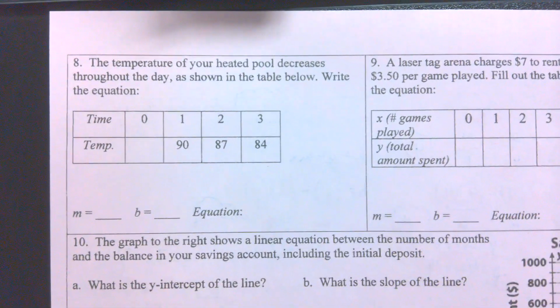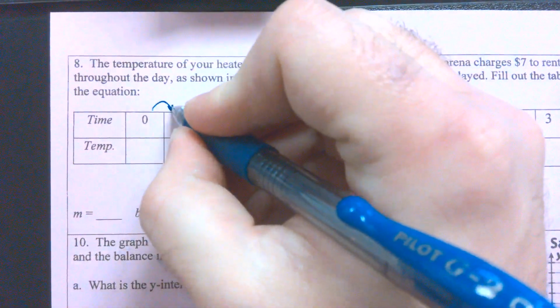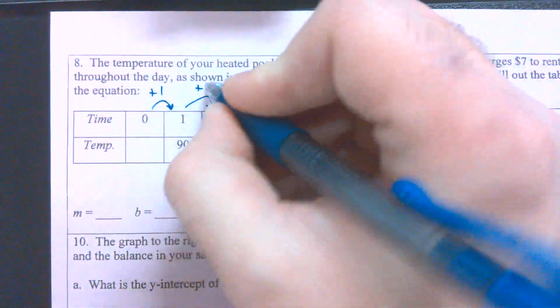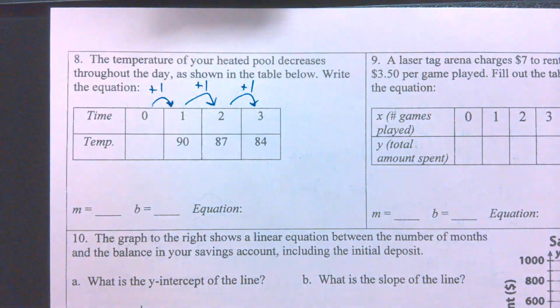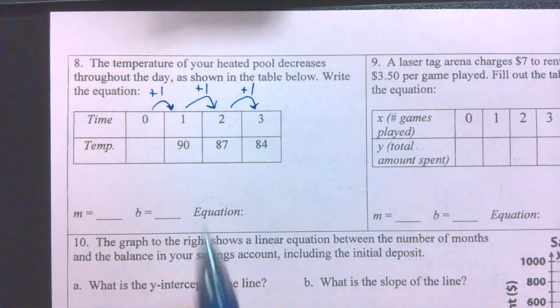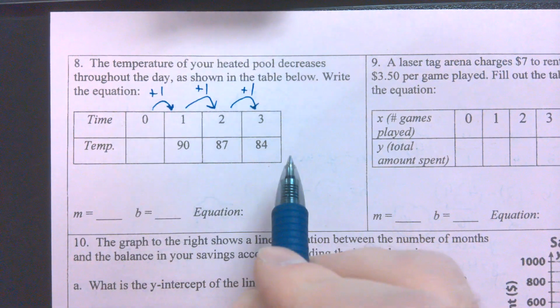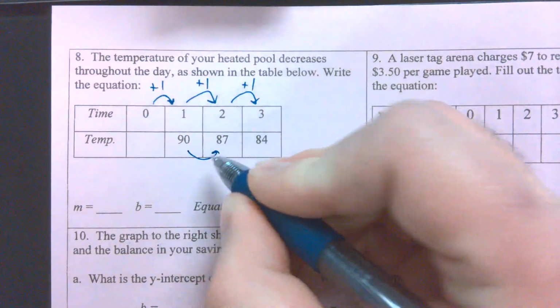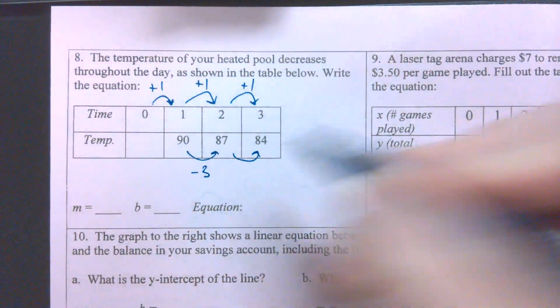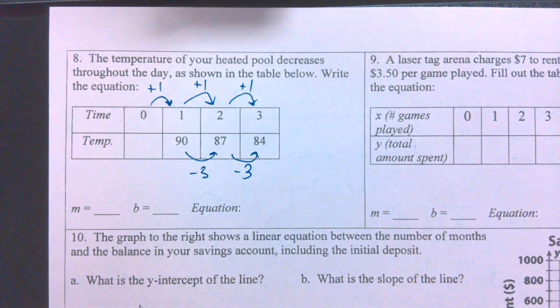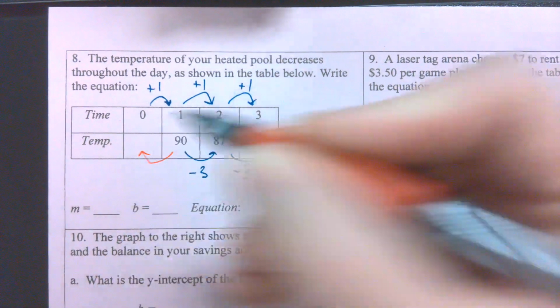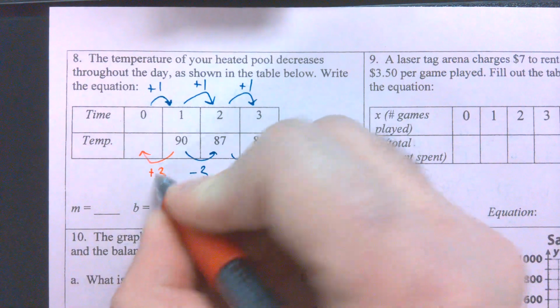So number 8, temperature of a heated pool decreases. So we're going to do our arrows on the top from 0 to 1. How do we get from 0 to 1? Plus 1. From 1 to 2, plus 1. From 2 to 3, plus 1. Now we're missing a value here, but let's figure out the pattern first and we can work our way back. How do we get from 90 to 87? Minus 3. What about 87 to 84? Minus 3. So from left to right, if we're doing minus 3, and we go the opposite direction, right to left, we're going to do plus 3,